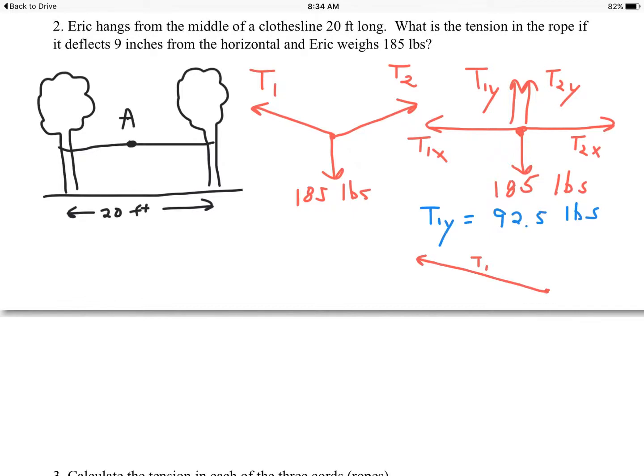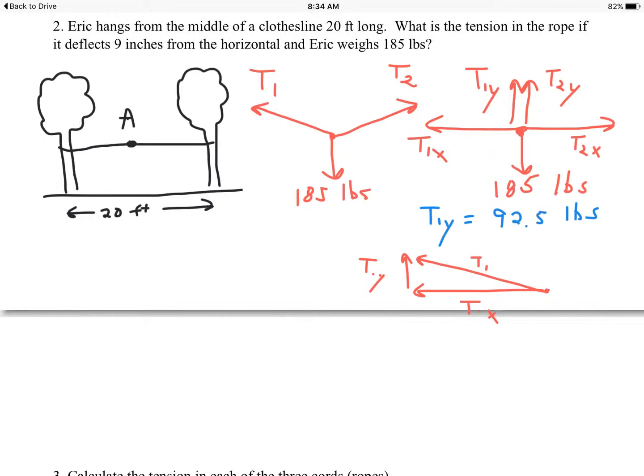And if I finish off my vector diagram, in fact, I'm just going to draw it a little bit different this time. There's T1x and then T1y, like that. And I can make it a full rectangle, but this is good enough for now. The problem is, all I know right now is T1y is 92.5. I cannot solve that triangle because I don't know the angles. However, if we go back over to the tree diagram,